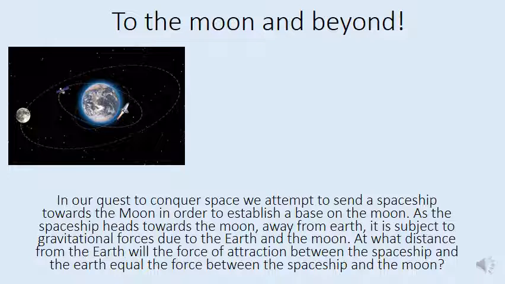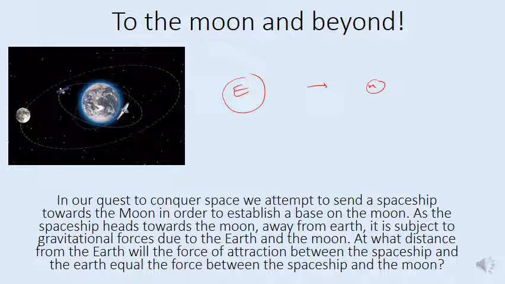It's like a three-body problem, but it's not as easy as that. But we'll try to simplify things. So we have the Earth, as you see in the picture here. We have the spaceship that's moving along, and there's your little moon over there. So Earth's going to attract the spaceship, the Moon's going to attract the spaceship, and at some point, what the question asks is,